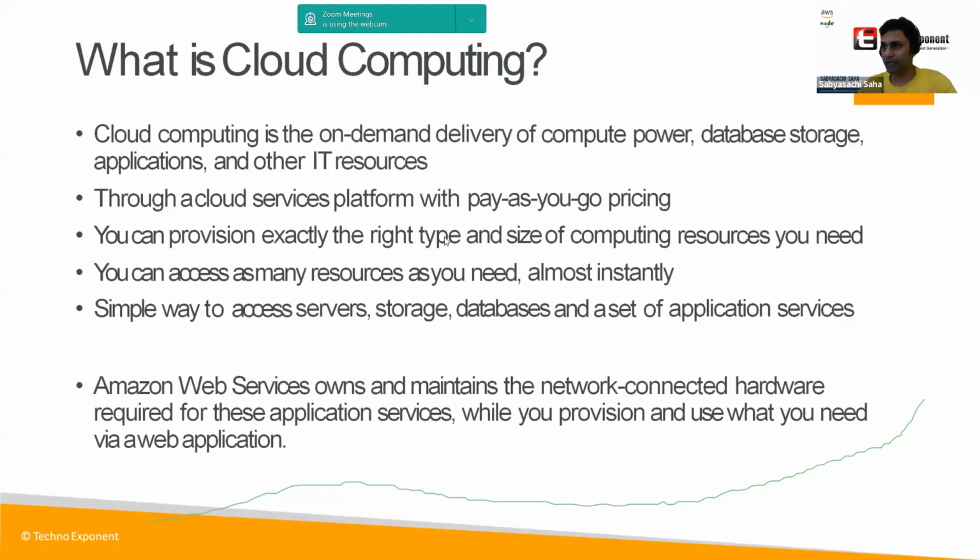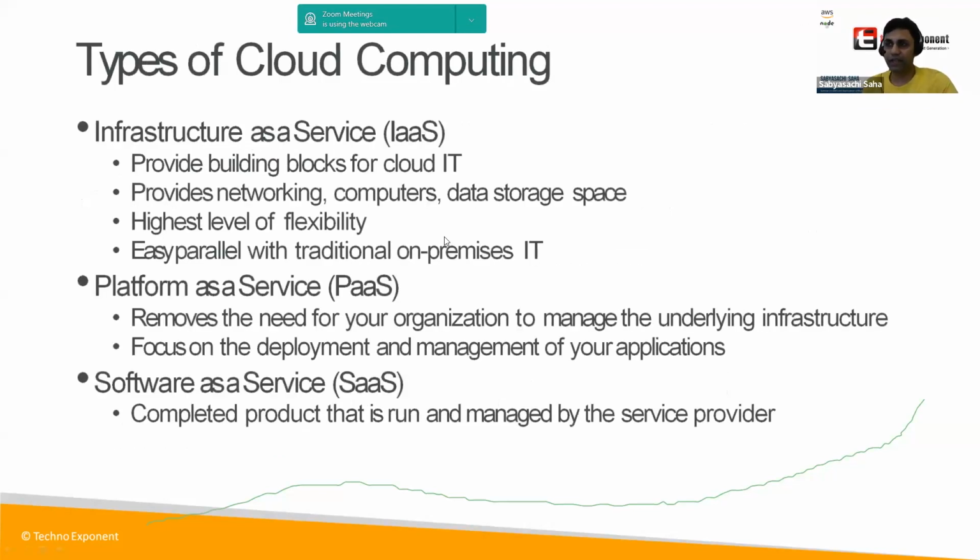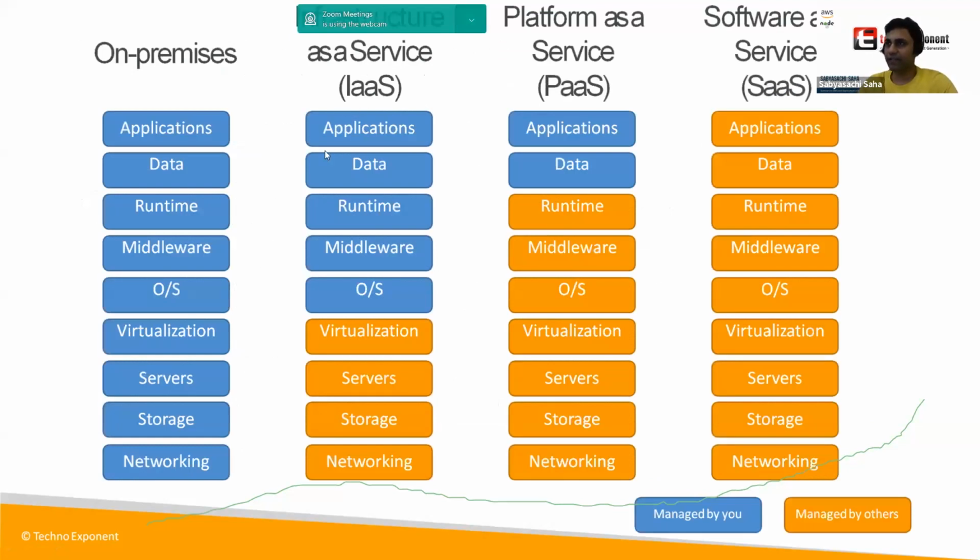Moving on to the next point. There are three kinds of cloud computing services. One is infrastructure as a service, second is platform as a service, and third is software as a service. Infrastructure as a service: you can see application, data, runtime, middleware, and OS. Operating system you all know, middleware you all know, runtime you all know, data and application. This you need to take care of,